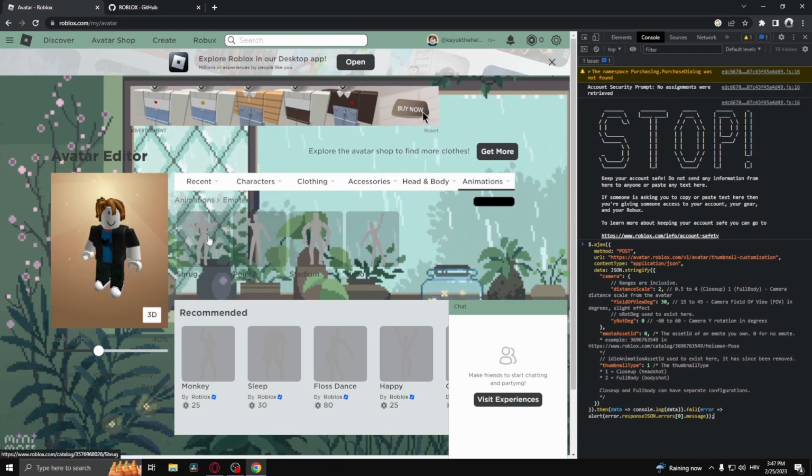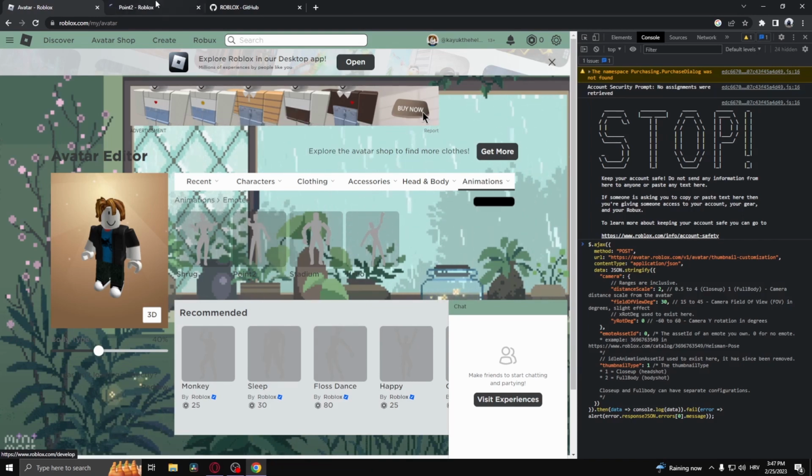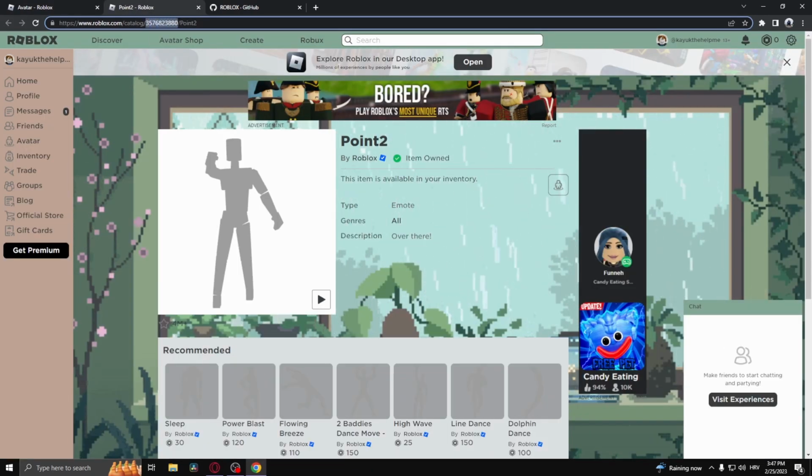And then you want to select an animation that you want. Let's say I want this one. I'm gonna right click it, open link in new tab, and the number from the link, what you want to